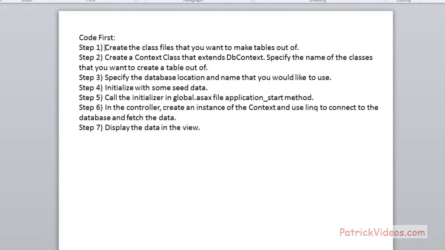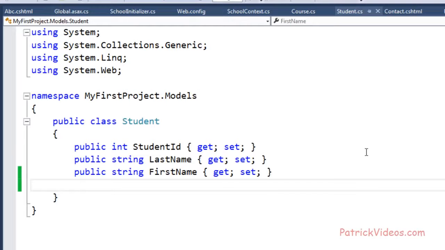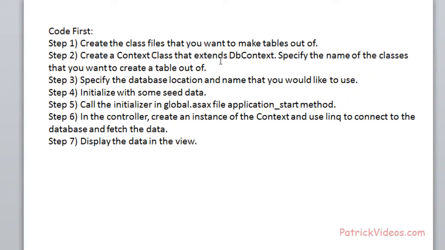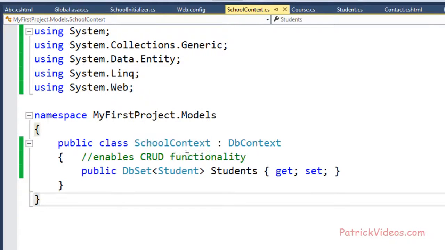For code first, these are the various steps that we need to follow. Step 1, first create the class files that you want to create tables out of. Under Models, we have a class called Student with the StudentID, LastName and FirstName, which we are interested in creating a table out of. Second, create a context class that extends DbContext, and in that file specify the tables that you want to create. So we created a SchoolContext that inherits from DbContext, and we specified of all these class files in the Models, we only want to create a table for the Student class,